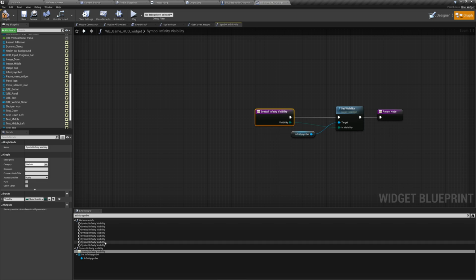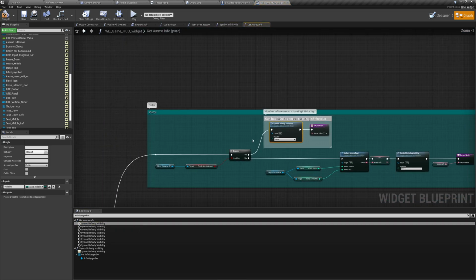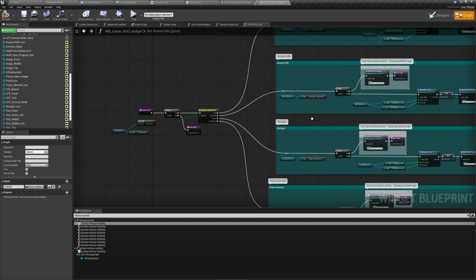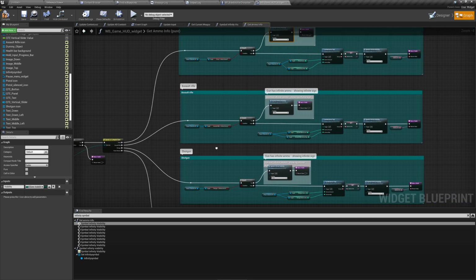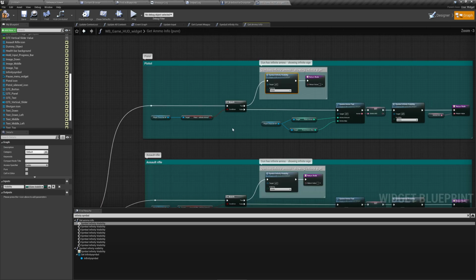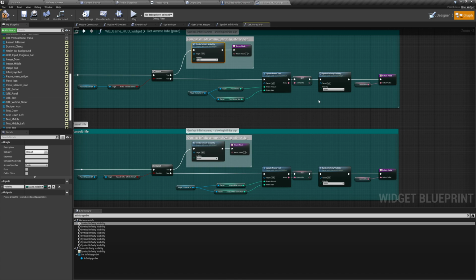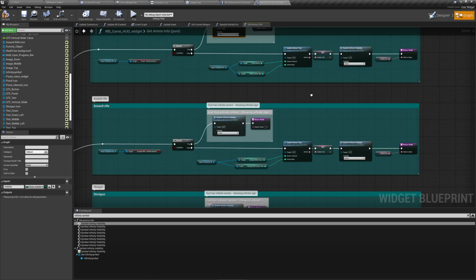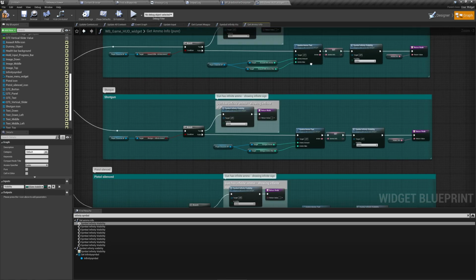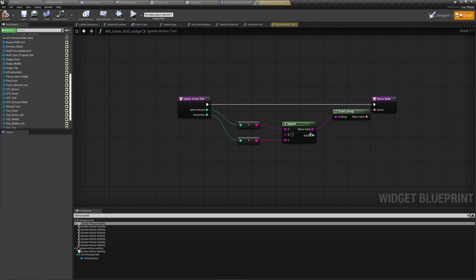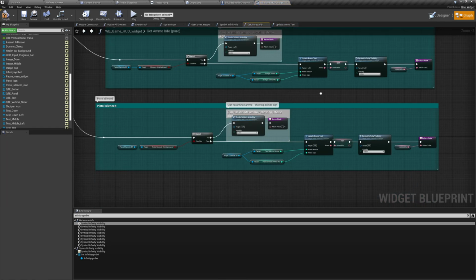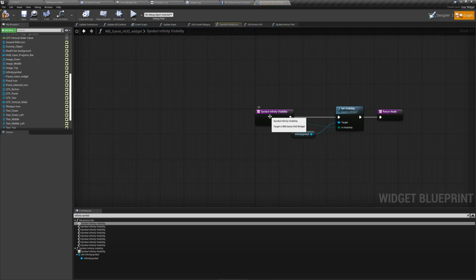Visible. I'm thinking, what would be the fastest way? Symbol infinity update, update ammo text. Oh, okay. So for sure, easiest would be